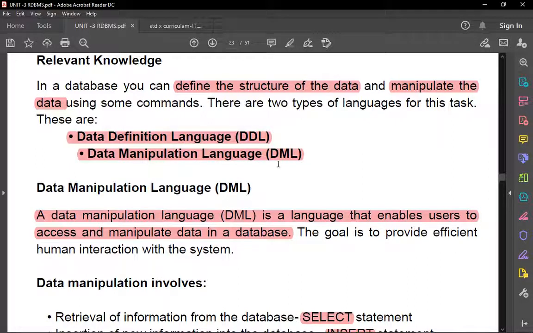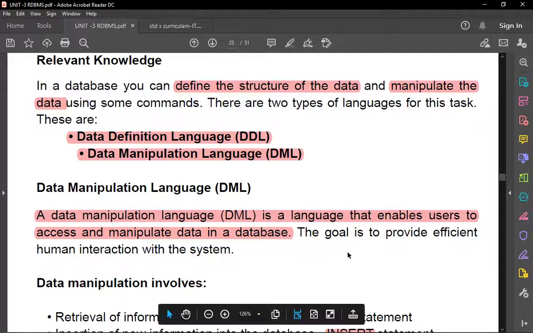For that we use DML commands. The data manipulation language is a language that enables the users to access and manipulate data in a database. We can add data, that is insert data, then extract data, or see data, modify data, whatever we want to do in the table, which we can do using these DML commands.